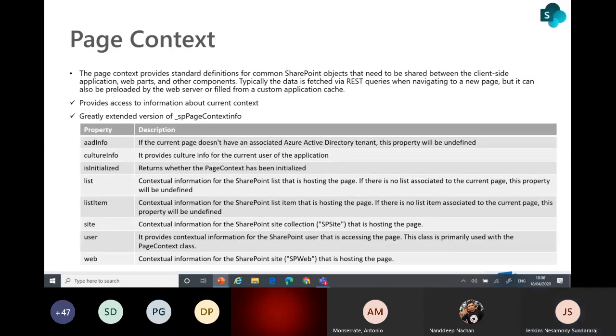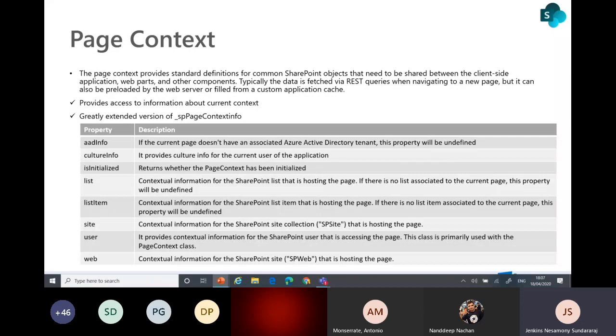Now I'll start with the page context. I believe everyone knows that when you are using SharePoint, you have a SharePoint experience, previously with SharePoint 2013 or 2010, whatever it is. We always need some page context. For example, I want to verify what permissions are available on my logged-in page. I want to know my URL and I can take it. That's all page context.